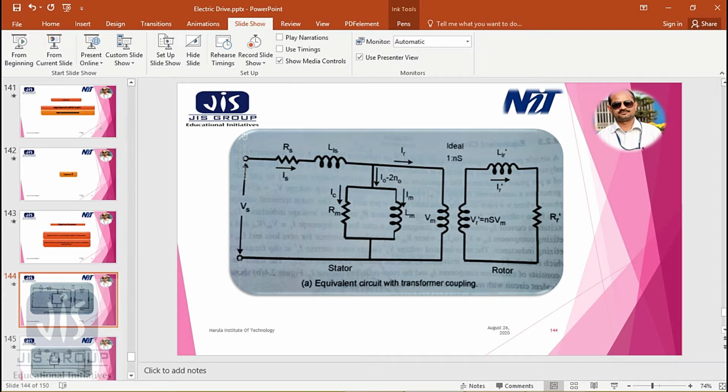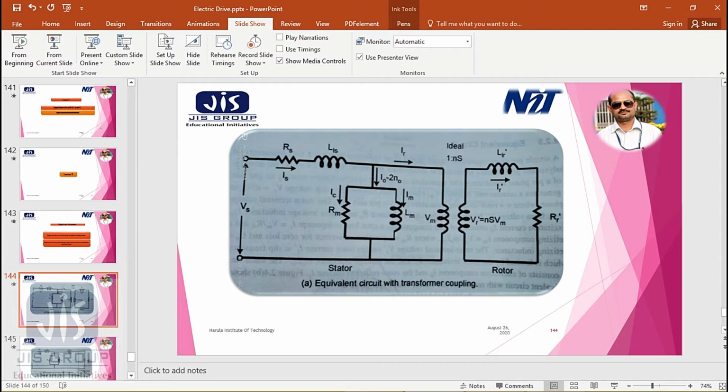the main current Is is dividing into two parts. One is I0, one is IR. And this I0 is again divided into two parts, similar to a transformer. One is IC, that is the core loss component, and one is Im, that is the magnetizing component. And we know from our basic concept that IC equals Vm by Rm, and Im equals Vm by XL, that is Vm by omega E Lm.